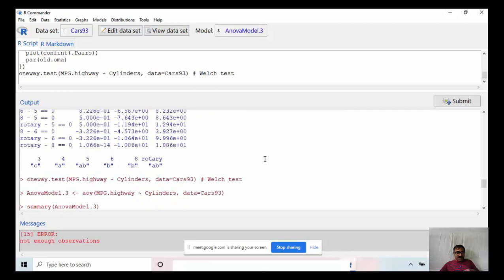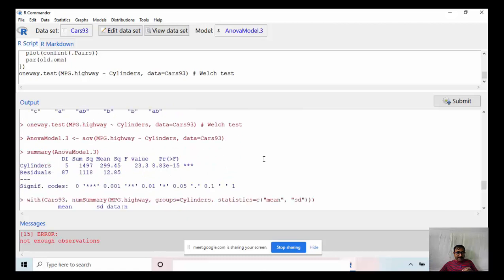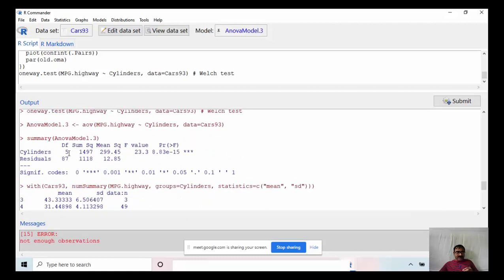So what will be the conclusion? Now first, our null hypothesis is that miles per gallon is the same for each of the cylinders, or at least one of them is different from the others.